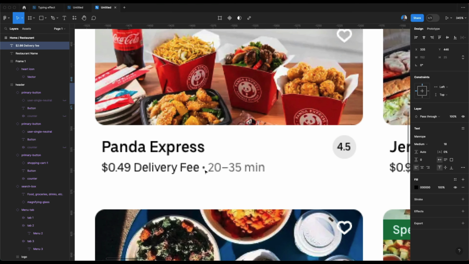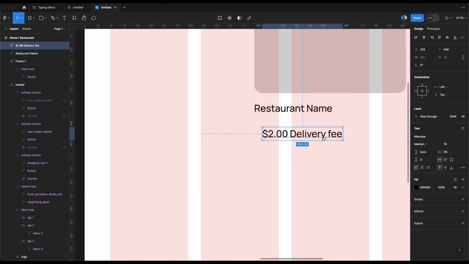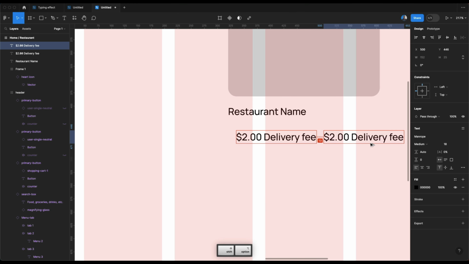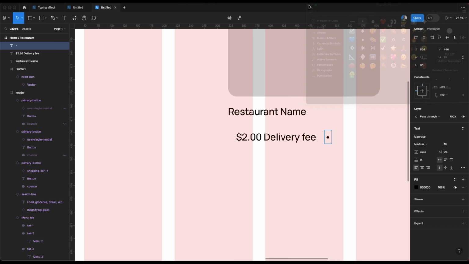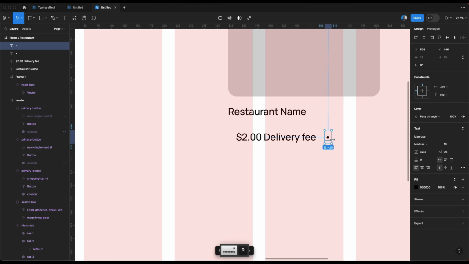There's a separator here, right? That's a dot. I'm going to duplicate this. I'm going to open my character viewer, and I'm going to add that dot here. Just double click on the text and edit it. And I'm going to duplicate this one more time, and I'm going to put in the time of delivery